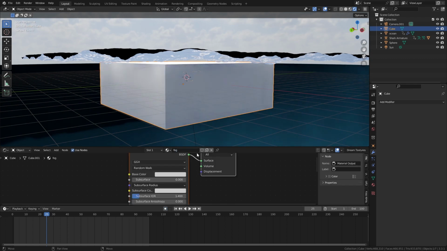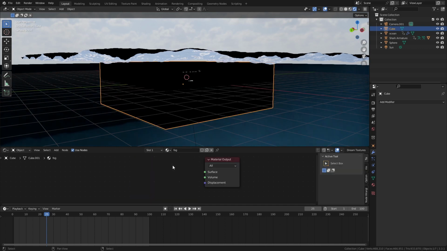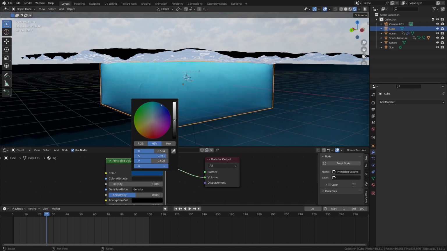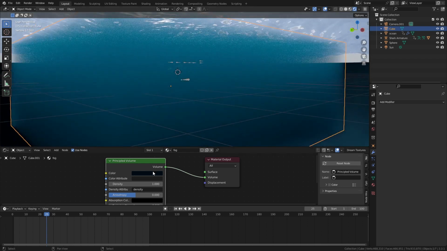I'm just going to call it fog. I always call volumetrics fog because I associate it with fogs and stuff. So I'm going to add in principled volume, change this to blue. This is just depending on your artistic effect. There are a lot of minty oceans, a lot of light oceans. Not all oceans are really foggy and heavy, but for my particular effect with the research I've